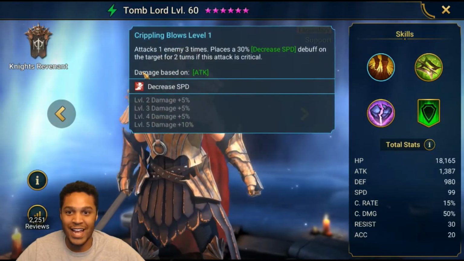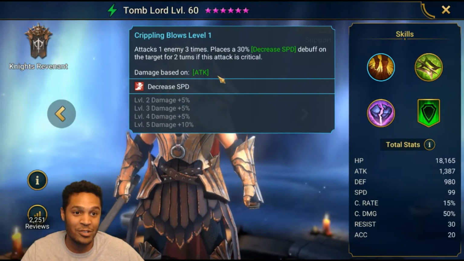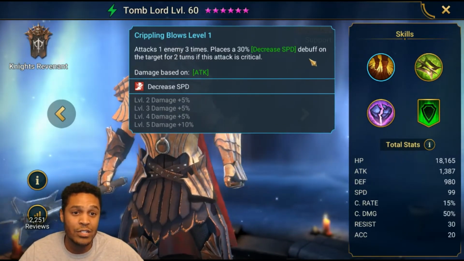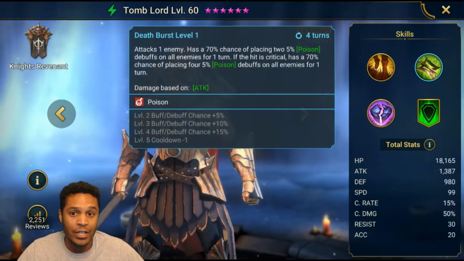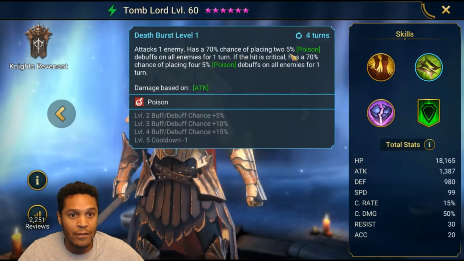So Tomb Lord's got an A1, attacks one enemy 3 times. He can also solo the dragon, which is really cool. So attacks one enemy 3 times, places a 30% decreased speed debuff on the target for 2 turns if the attack's critical. And then over here, he attacks one enemy, has a 70% chance of placing 2 5% poison debuffs